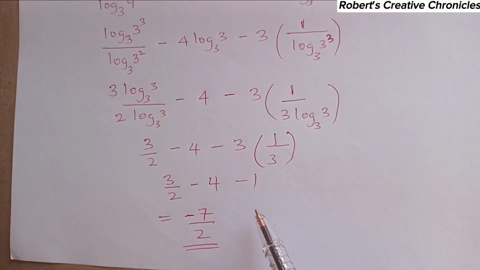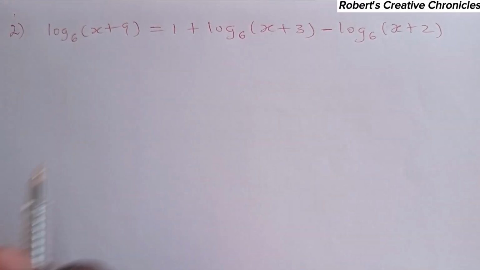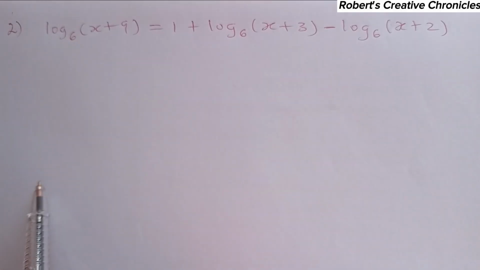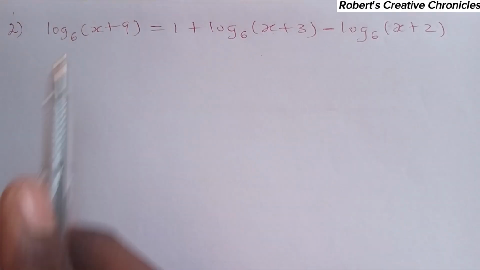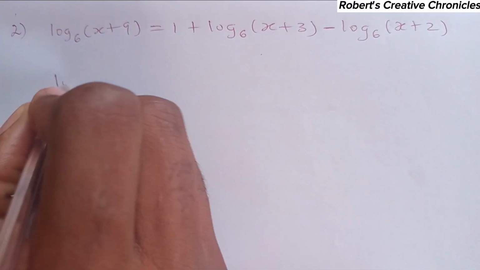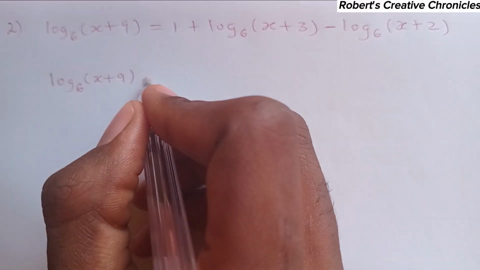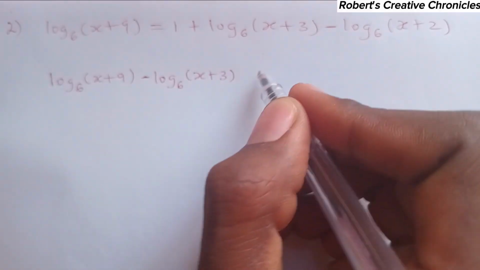Now let's do exercise 2. So here's the second exercise. Now we have to solve the logarithmic equation. We will put all the ones that have log to base 6 to one side. So it will be log base 6 of x plus 9, plus log base 6 of x plus 2, minus log base 6 of x plus 3,